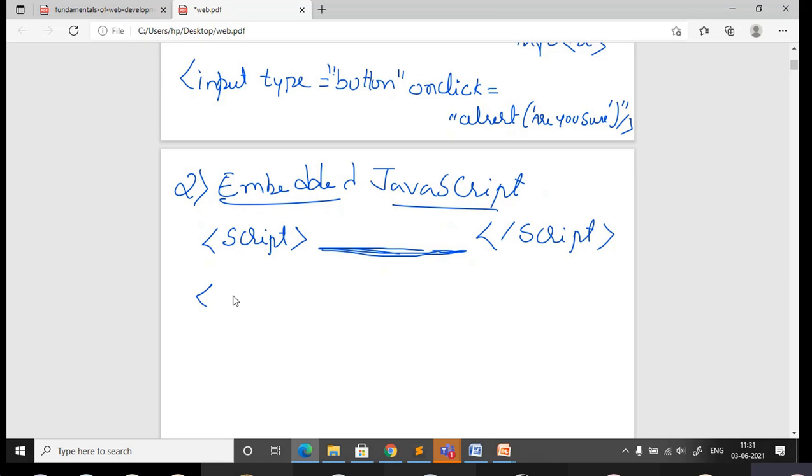So now how to write embedded. Script, then you have to specify the type attribute equal to text slash JavaScript. Close it. Then you can add a comment line.